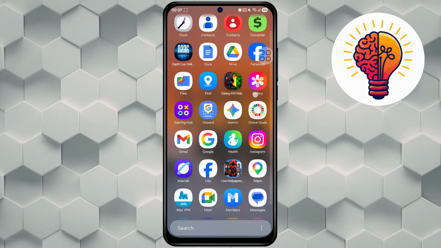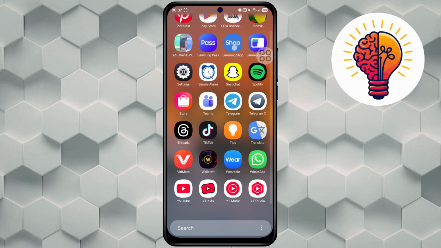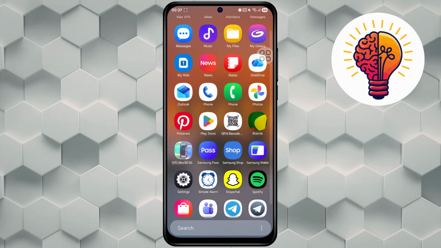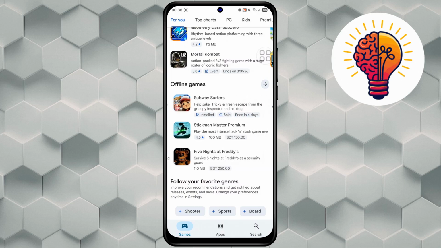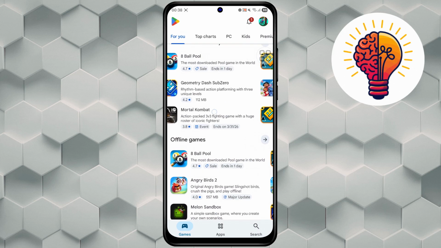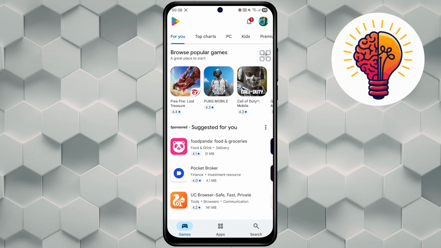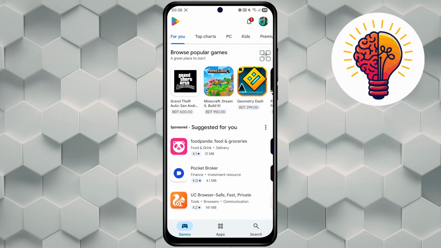Today I'll show you how to install Microsoft Office on your phone. Open the Google Play Store. The Play Store is the official app marketplace where Android users can safely download and install applications, games and tools